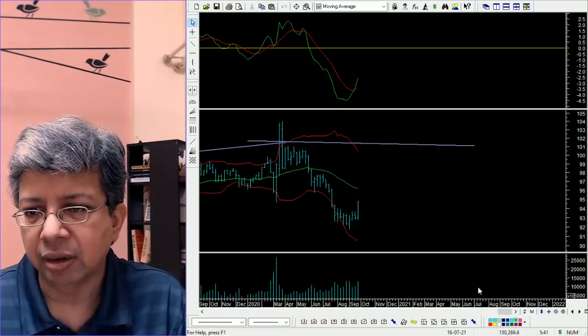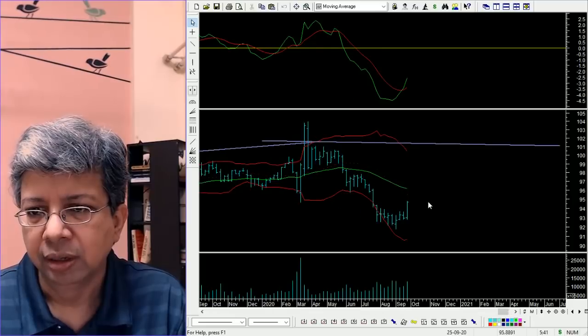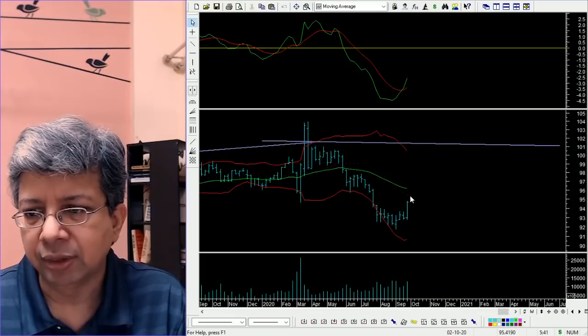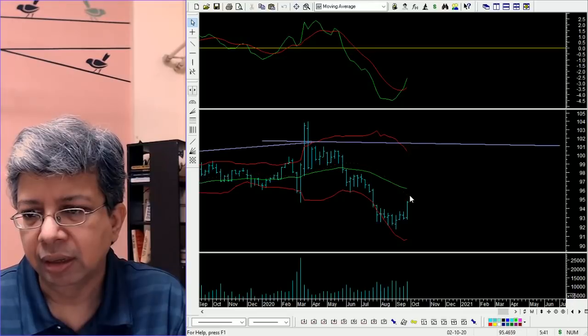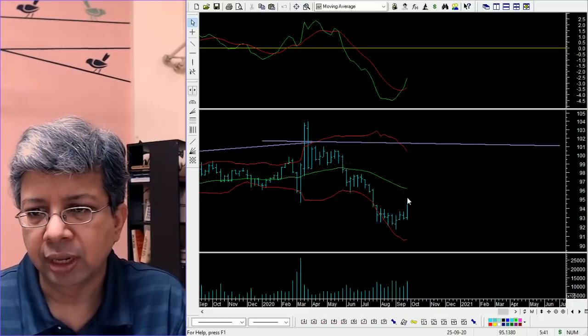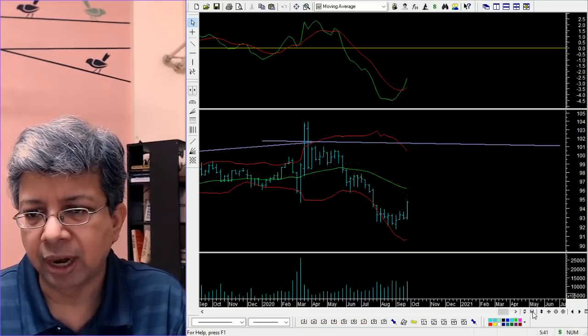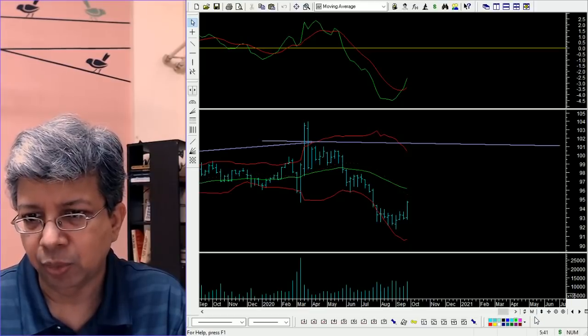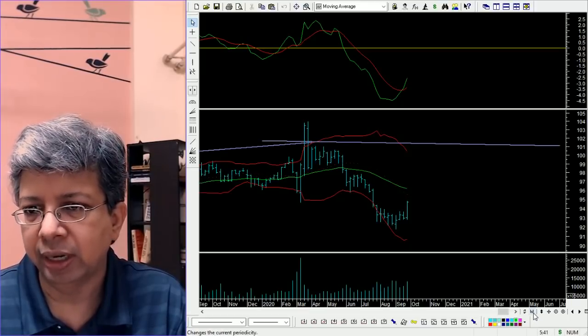The weekly indicators are crossing back, but we are coming very close to the 20-week average. And the 20-week average next week could be around, I think, closer to 95.5, or 95.30. You'll have to see the actual level as the week opens, but somewhere there. And we are already at yesterday 94.68. So you have some more space if you want to really touch the 20-week average. It's not really required because, like I showed you the flag, we've done the ABC, wave C has touched the upper end of the channel. So we really don't need an exact touch point with the 20-week,